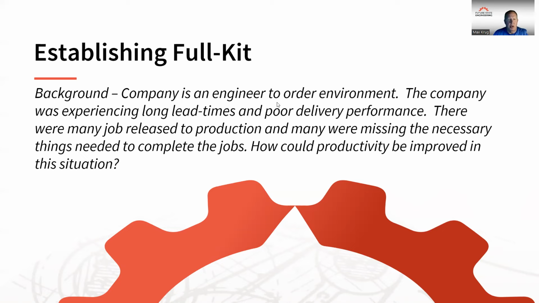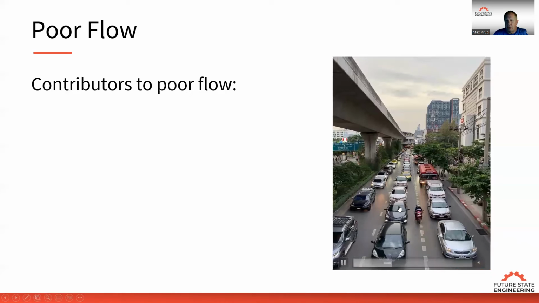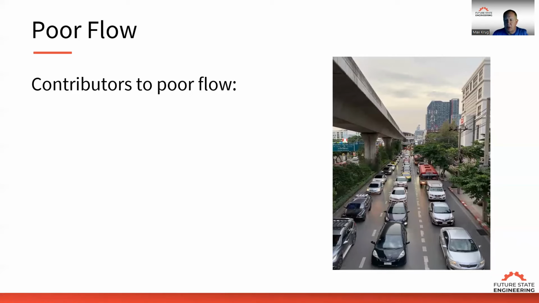So today we're going to talk about establishing FullKit. First of all, I want to talk about poor flow and what are contributors to poor flow. And I want to use an example of traffic. If I look at this traffic here, I have a bunch of jobs which are represented by cars. I have these motorcycles which represent sort of expedited jobs. And when I play the video, you can see that the motorcycles are moving a little bit faster. Most jobs are stuck. Some jobs are moving at a slow pace, and this is typically what we see in